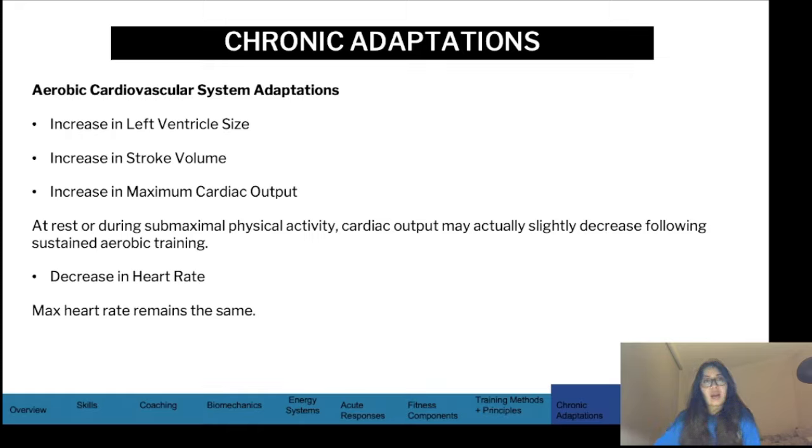So why do we have a larger left ventricle size? Well, the left ventricle is actually the part of the heart which pumps the blood out of the heart into the arteries and off to the circulatory system. So if our left ventricle size is bigger and has more muscle, we can have a more forceful contraction of blood out of the heart. Therefore, more blood can be pumped out of the heart and it can go to the working muscles, and provide oxygen to the working muscles,